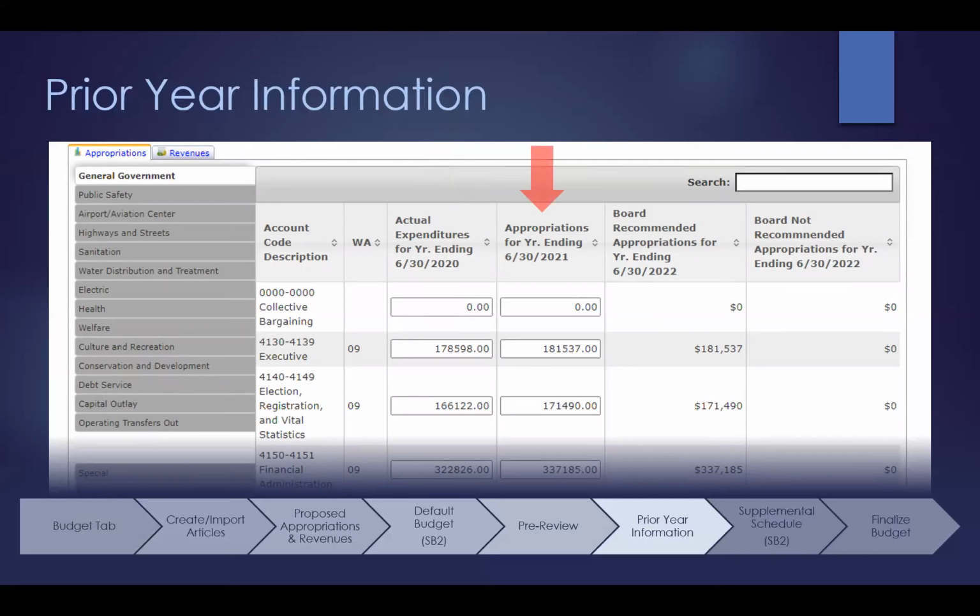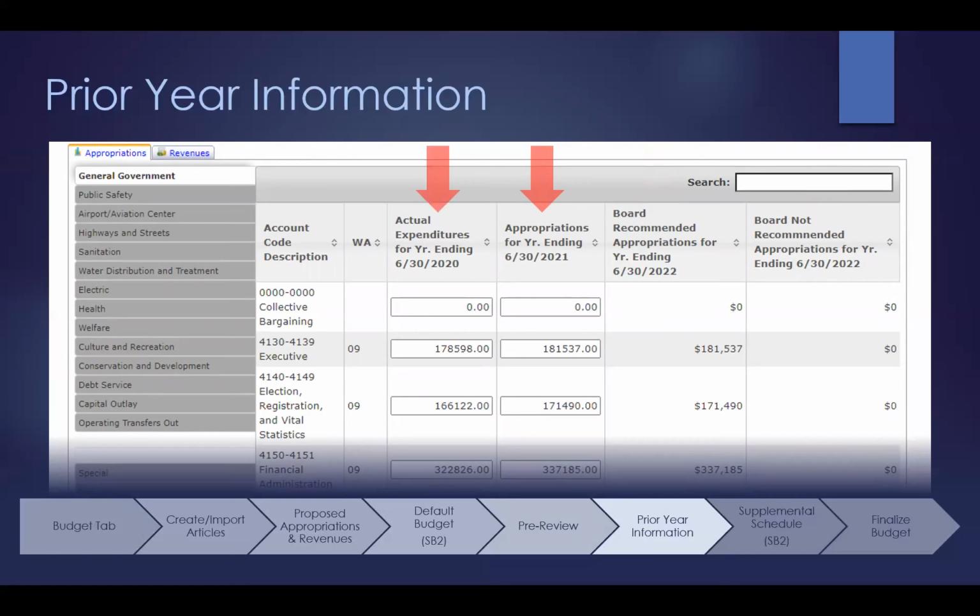Next to that, I have my original proposed appropriations from the prior year. And then finally, the recommended appropriations for this year and any not recommended appropriations. So those come from my warrant articles, and I'm really only responsible for reviewing and entering information into these two